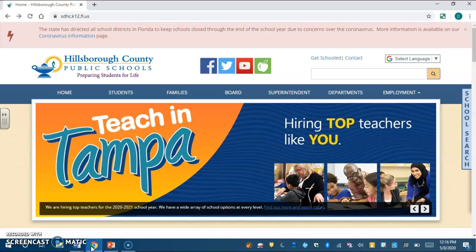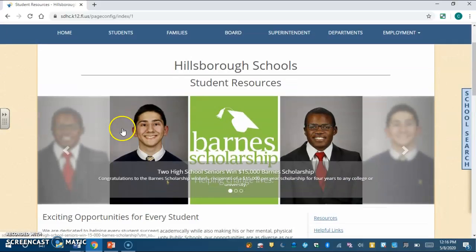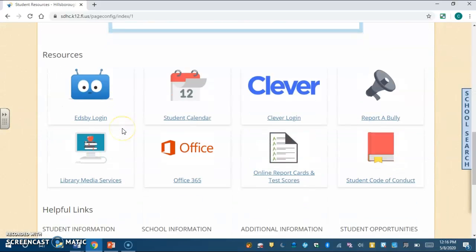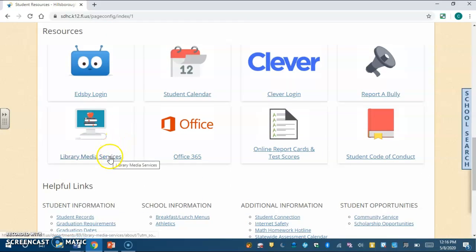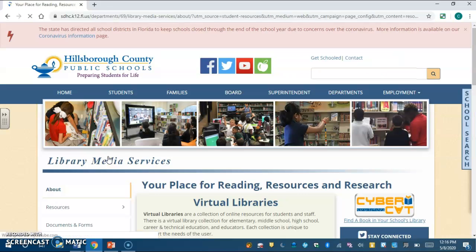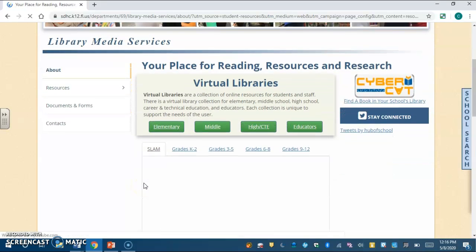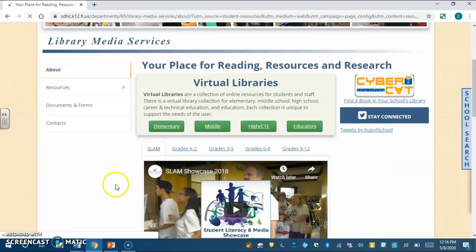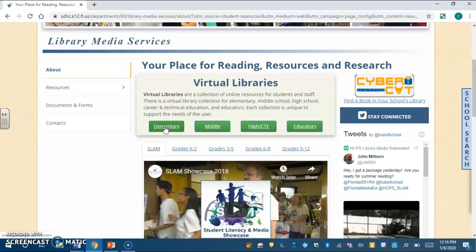If you go to the Hillsborough County website right here, click on Students, scroll down to where it says Library Media Services, and then right here you can access a lot of good information for research.